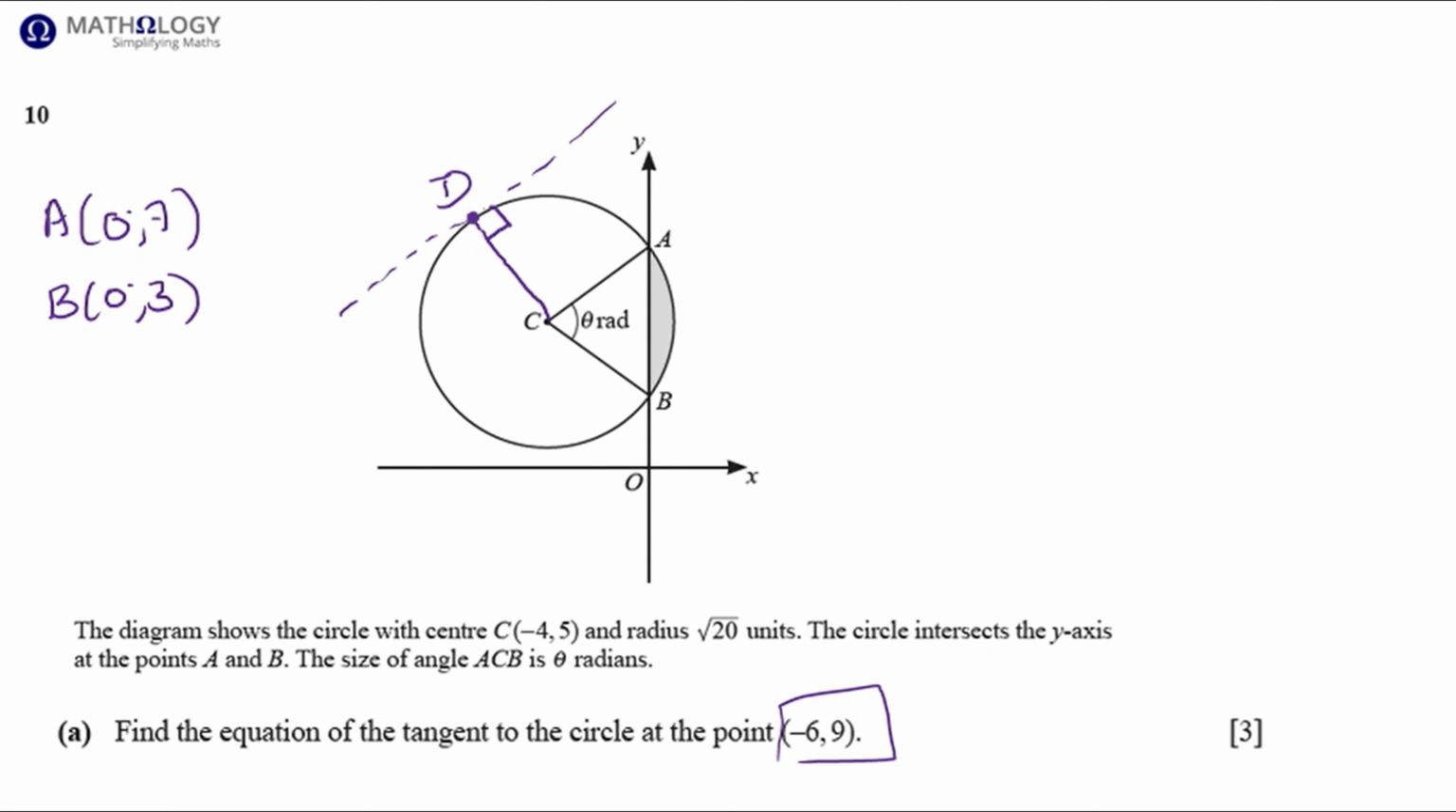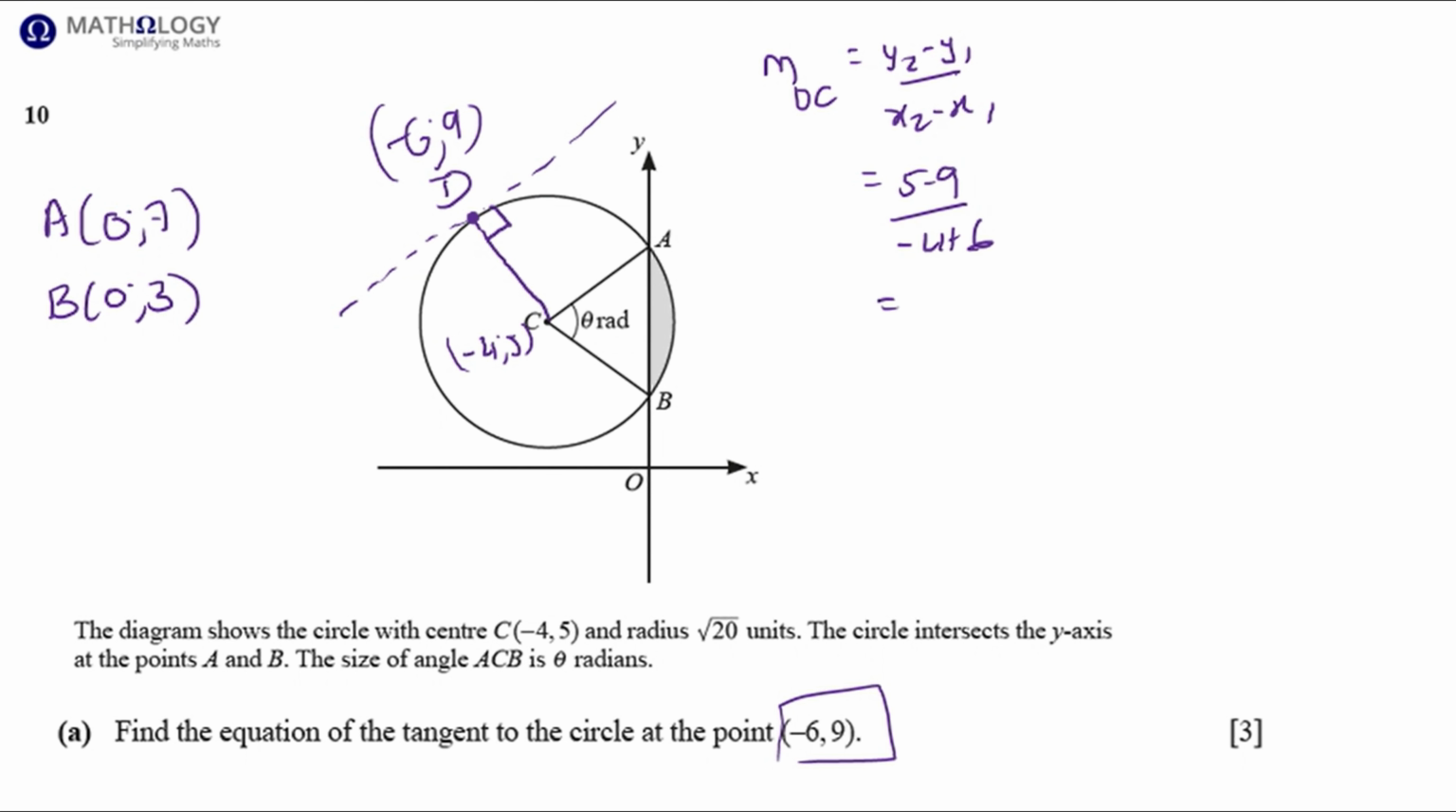Now that angle between the radius and the tangent at D is 90 degrees. So we know the coordinates of D, because that is the point of contact, (minus 6, 9), and the coordinates of C is (minus 4, 5). So we can determine the gradient of DC, which is y2 minus y1 over x2 minus x1. That'll be 5 minus 9 over minus 4 plus 6. So that's minus 4 over 2, which is minus 2. Therefore, the gradient of the tangent at the point D (minus 6, 9) will be a half, the reciprocal of 2 with opposite sign. And we have the point of contact (minus 6, 9), so we can determine the equation of the tangent